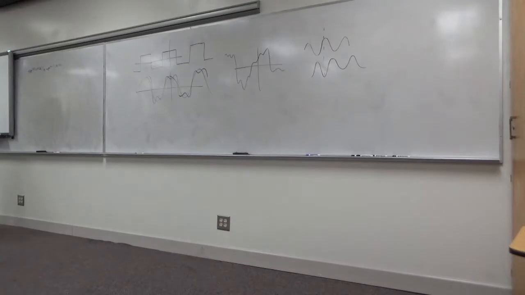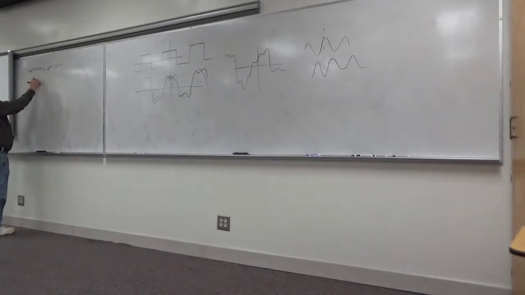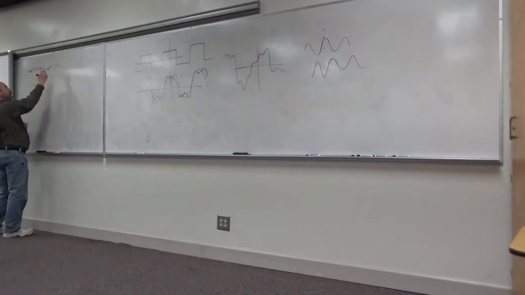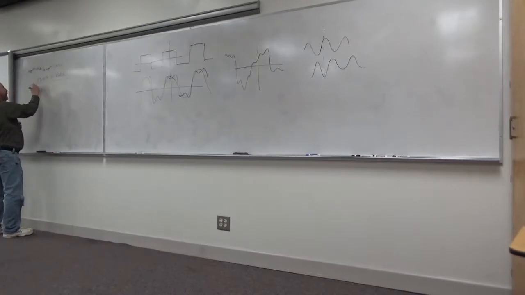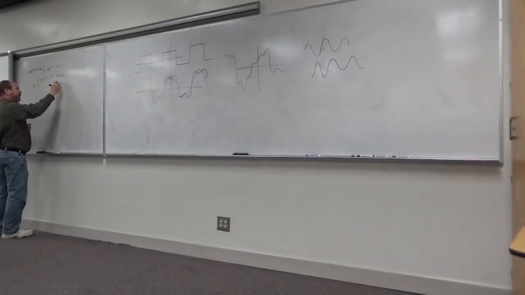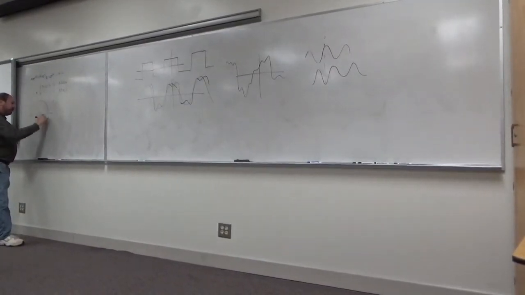Right, you're going to go around the unit circle. And we said that this could be written as a constant out front times the product of distances to zeros over the product of distances to poles,